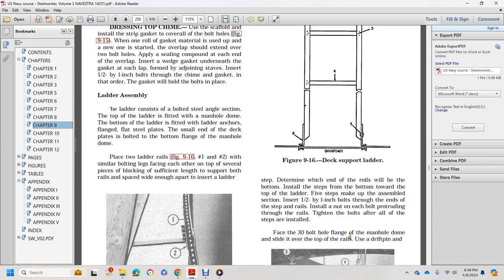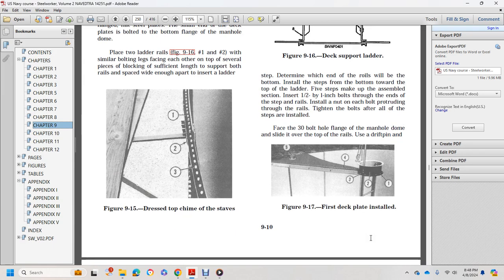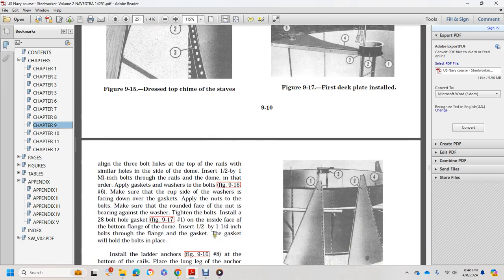Face the 30 bolt hole flange of the manhole dome. Slide it over the top of the rails. Use the drift pin. Figure 9-17 shows the first deck plate installed. Align the 3 bolt holes at the top of the rails with a similar hole at the side of the dome. Insert 1/2 inch by 1 inch bolts